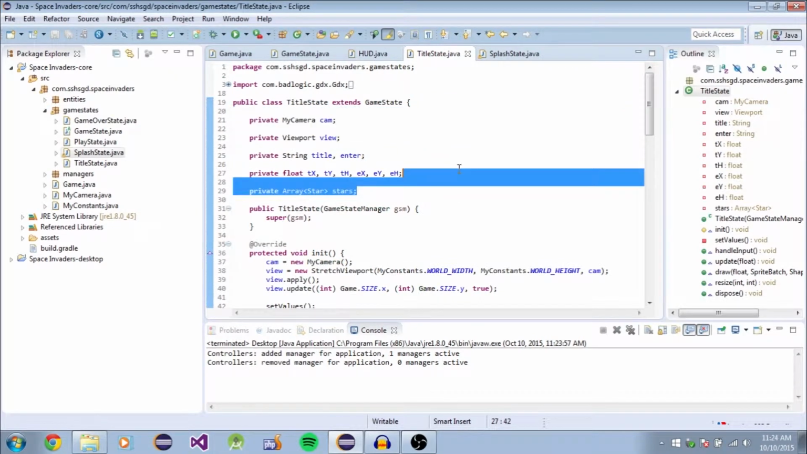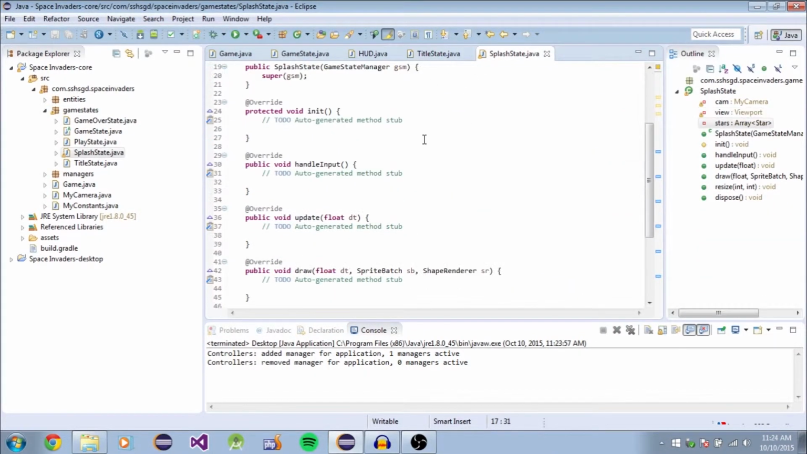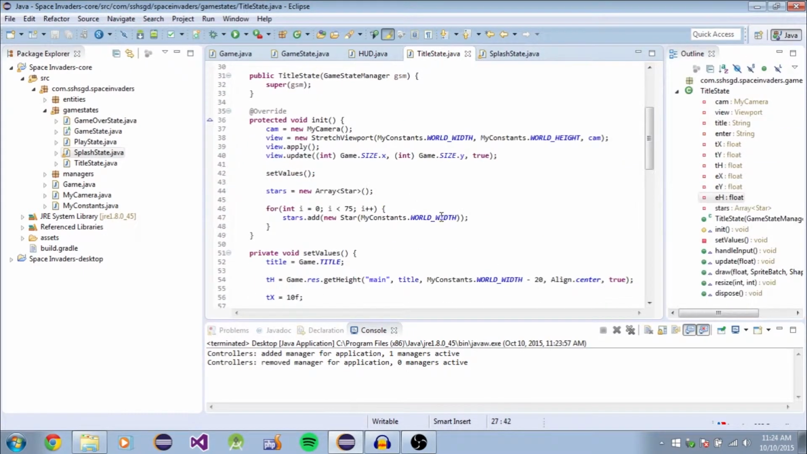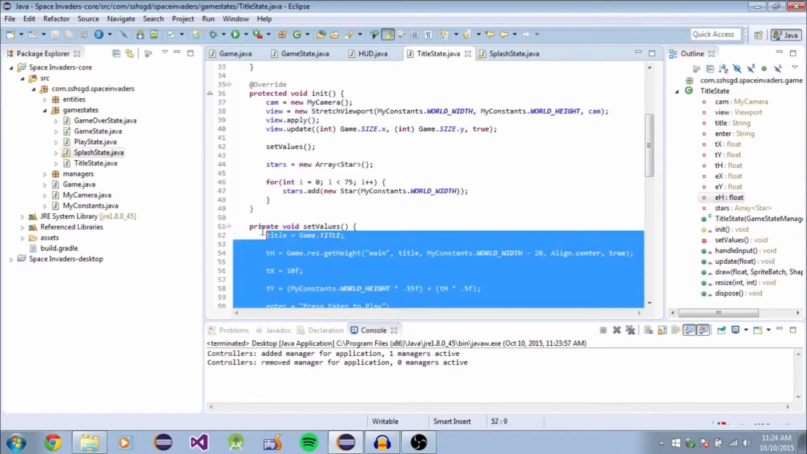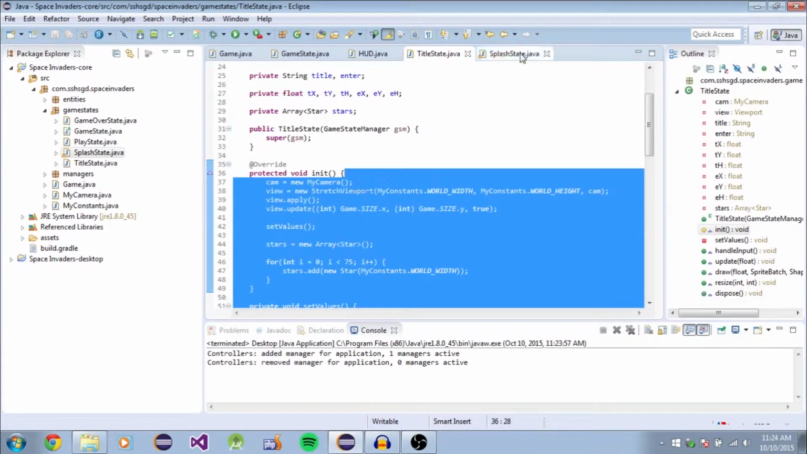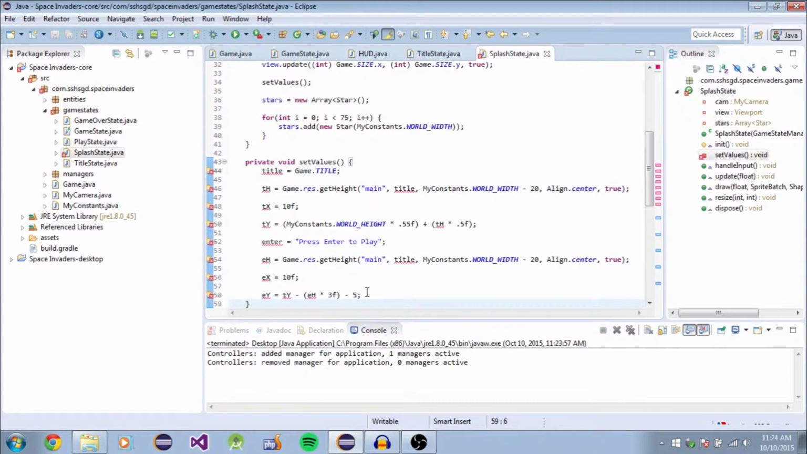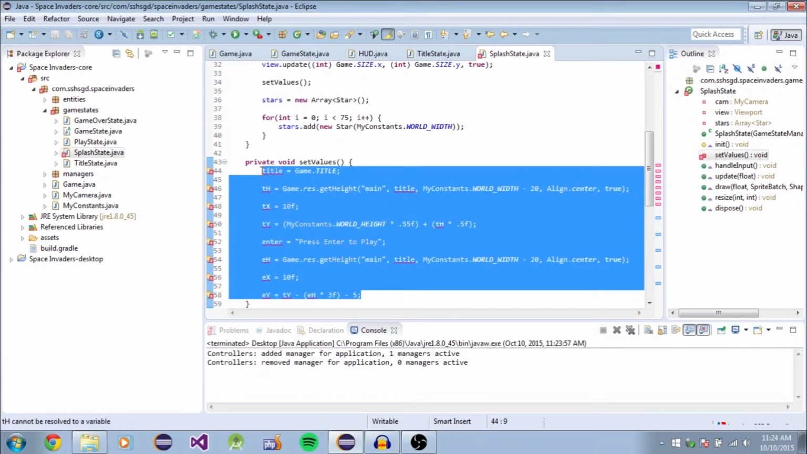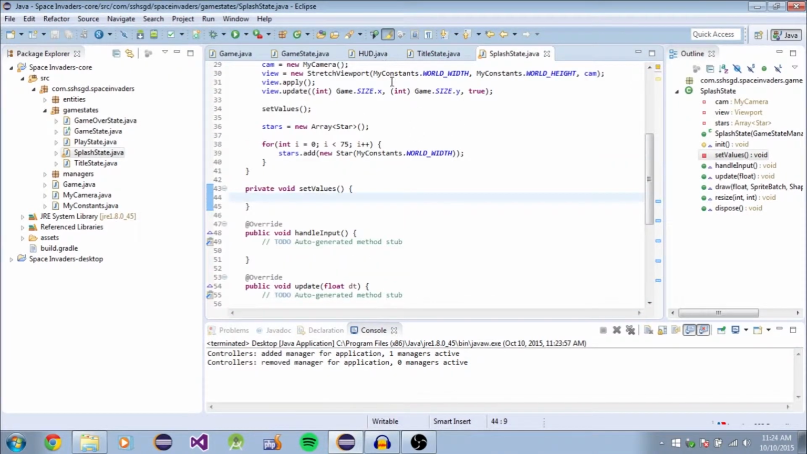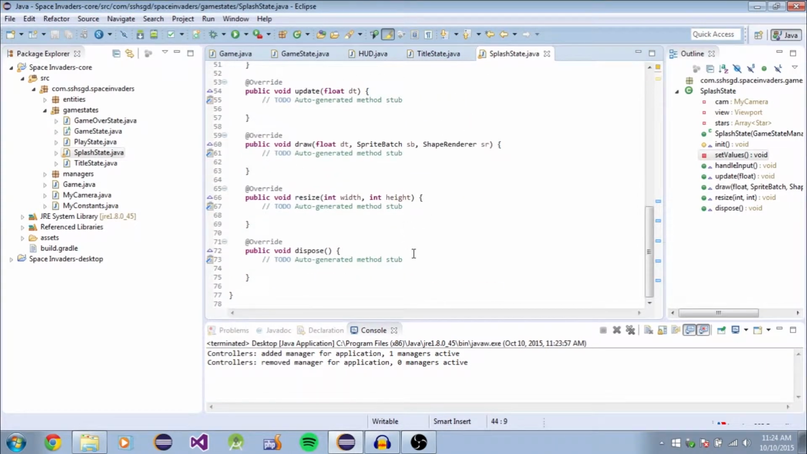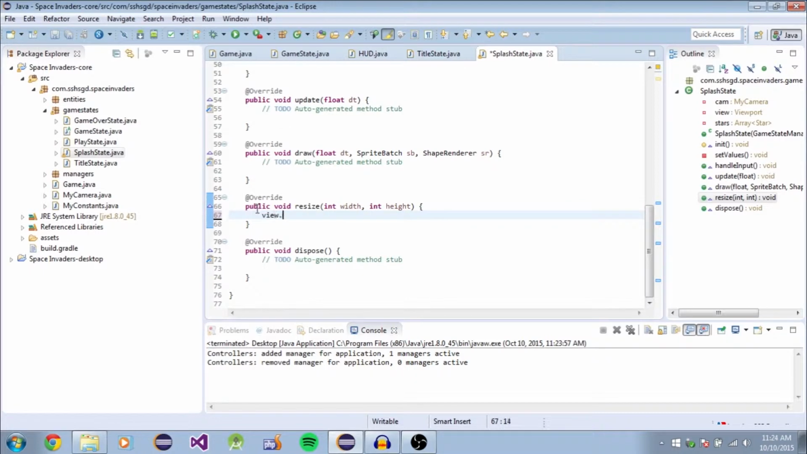and the stars. Okay. And we can copy, do I have the set values? Yes, we do. Copy just all of this up to this init here. Just get rid of all this. Here we go. And then view.update. Go ahead, view.update